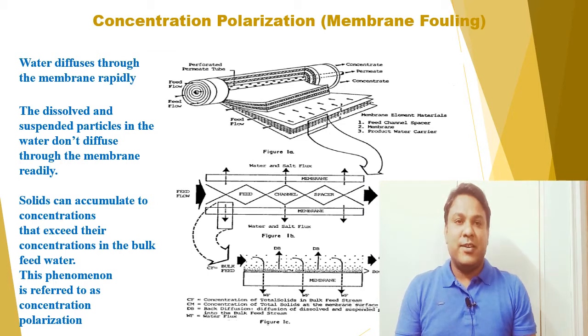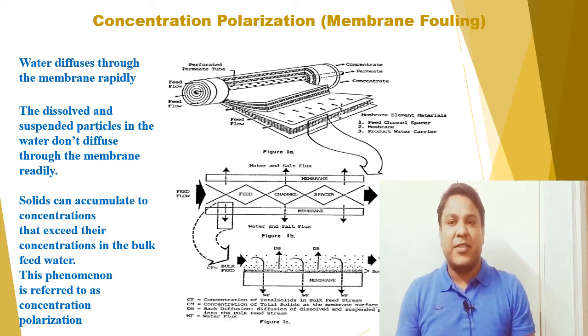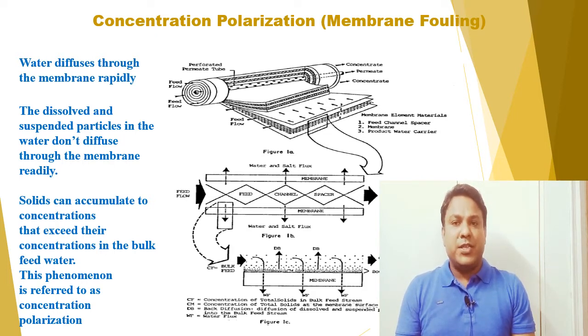So in general, concentration polarization is a process of accumulation of retained solutes in the membrane boundary layer at the feed side. In case of concentration polarization, when pressure is applied to the feed side of a membrane during the filtration process, the solute is partially or totally retained by the membrane and accumulates on the surface, while the solvent passes through the membrane more freely.